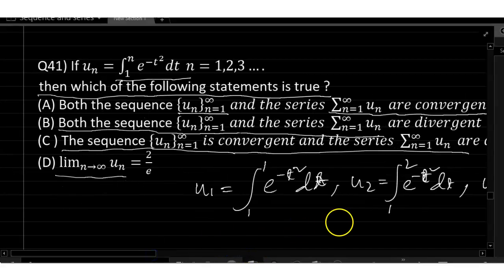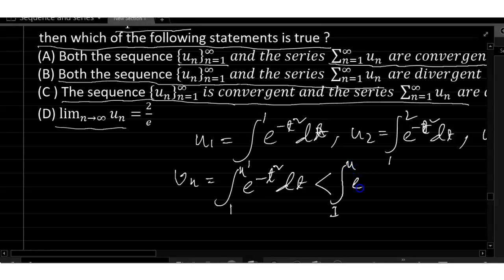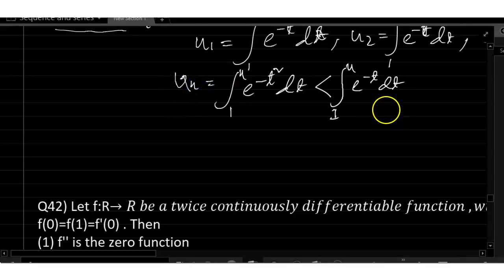Now we choose Vn equals to the integral from 1 to n of e to the power minus t square dt, which is less than the integral from 1 to n of e to the power minus t dt. Vn is equal to, sorry, it is Un, and we can choose it as Vn. So Un is